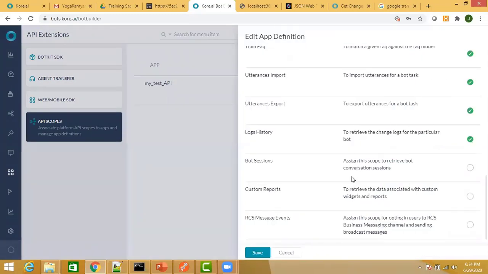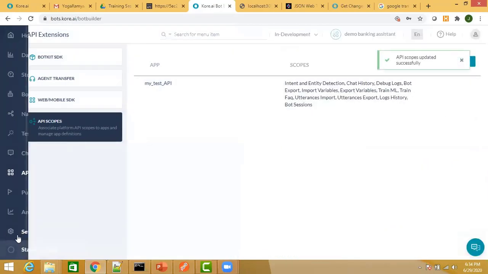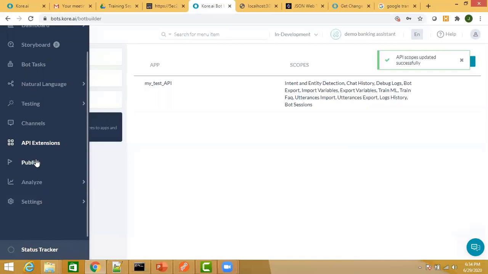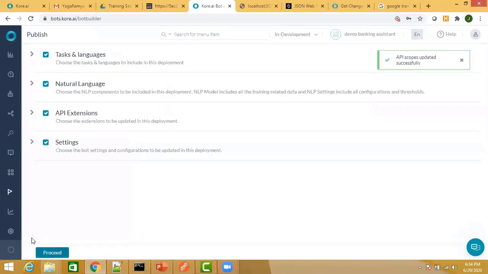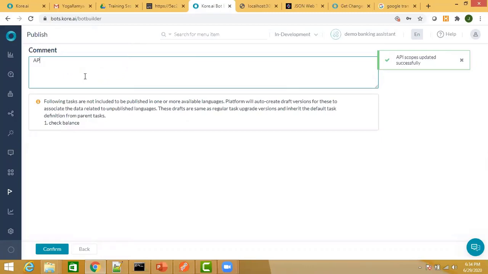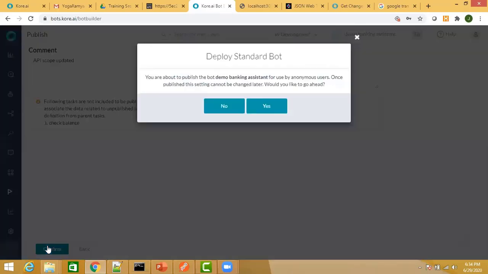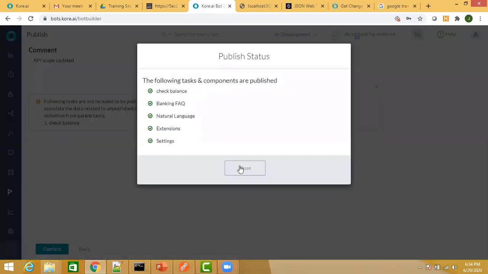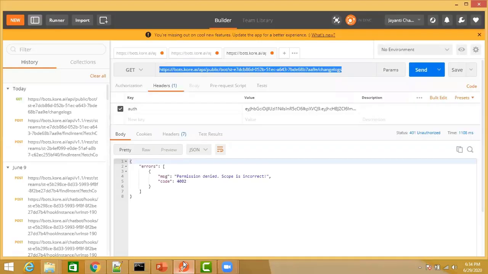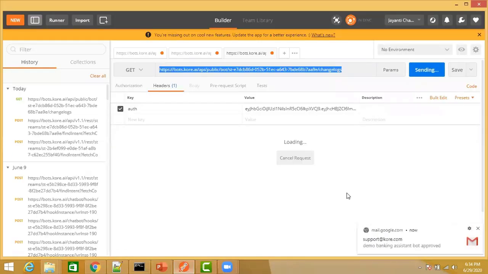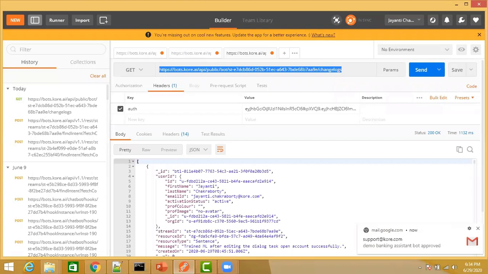These are the log histories which are there, and save it. Once I've enabled it, that happens if your respective API is not enabled and you try to make an API call: the platform will not allow that.